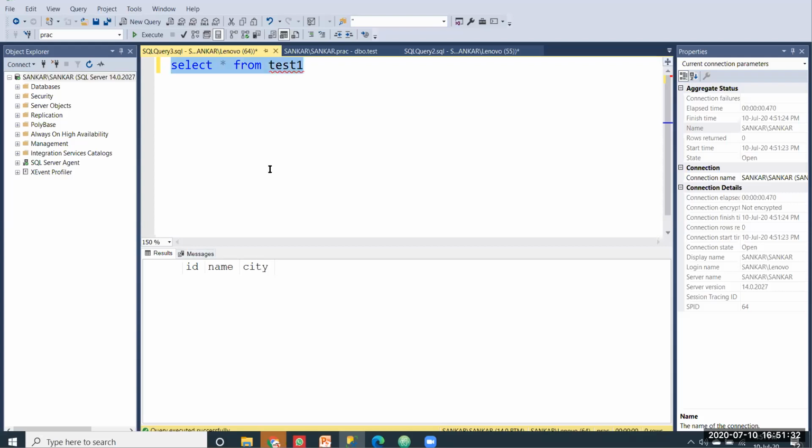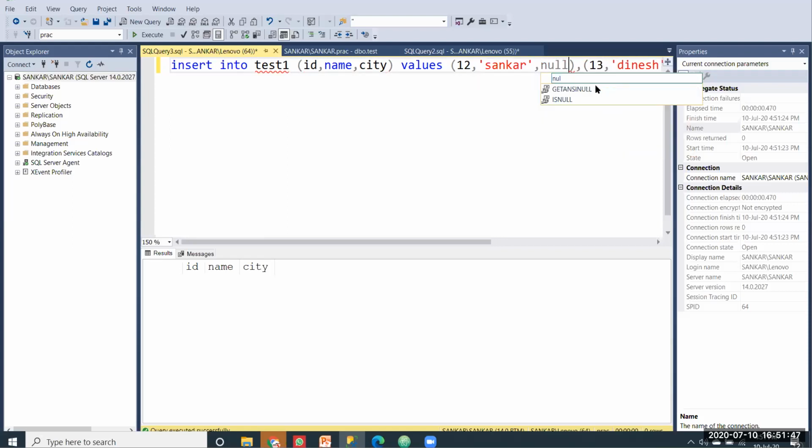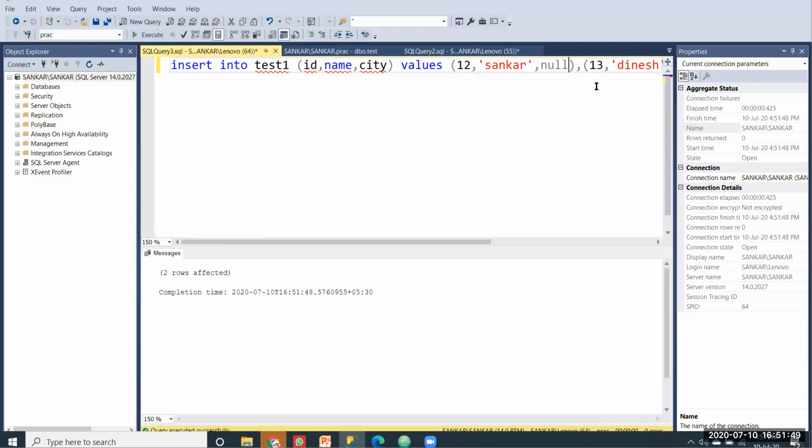Now I'm going to insert some values. Insert into test one. Then I try to give a null value here. Two rows are affected. Here I have inserted a null value, in Shankar's record.